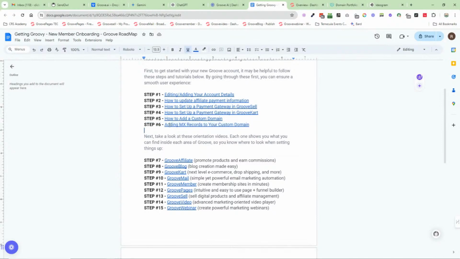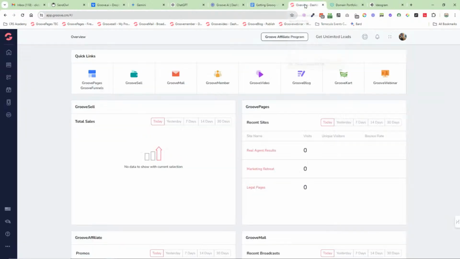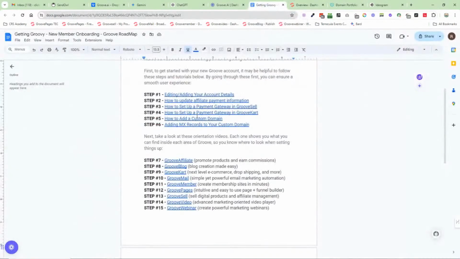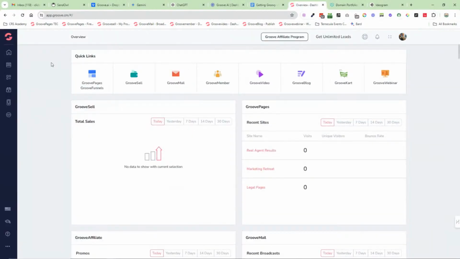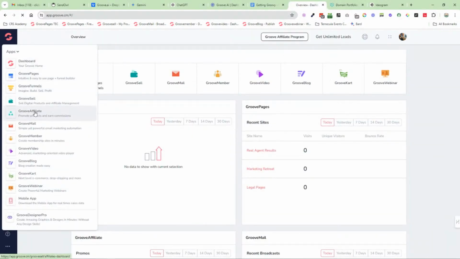So this step here is when you want to add a professional email address. I use Google for my professional email addresses. When Google asks you to verify your domain, we need to add DNS records inside our domain. We can't do that yet. So I'll come back to steps 5 and 6. If I forget at the end, please remind me. So step number 7, let's have a little walkthrough of Groove Affiliate. So we'll come to it over here.